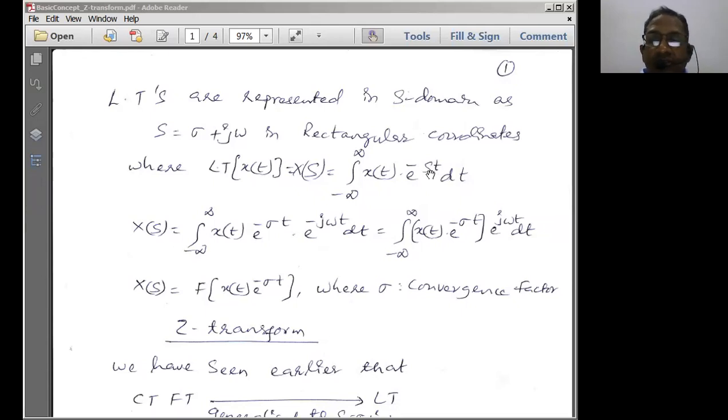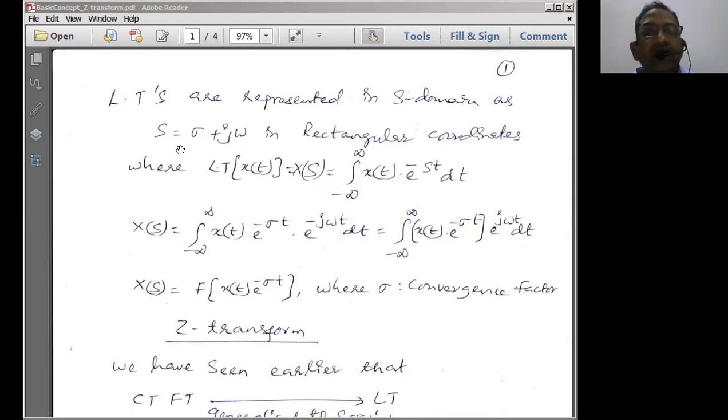So in the previous sessions, we discussed the introduction to the Z transforms. Before we really go into the Z transforms, let us try to have some more basic concepts of Z transforms. We have seen Fourier transforms and we have seen Laplace transforms. Z transforms is also one of the methods normally used to transform a time domain signal into a frequency domain signal.